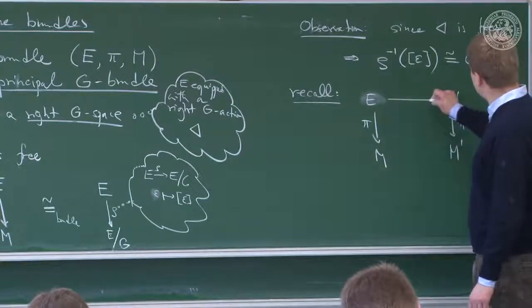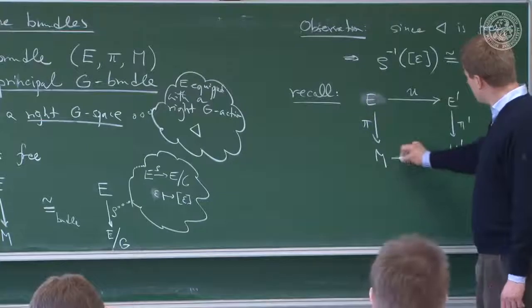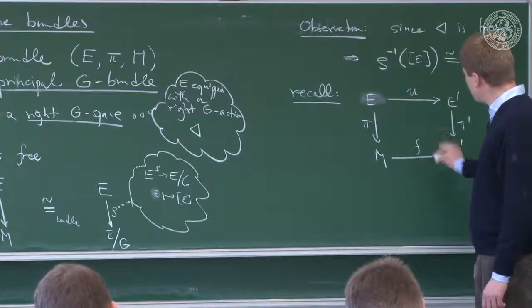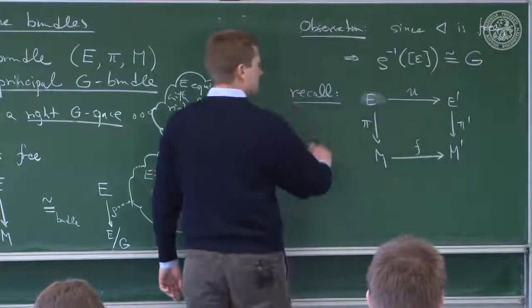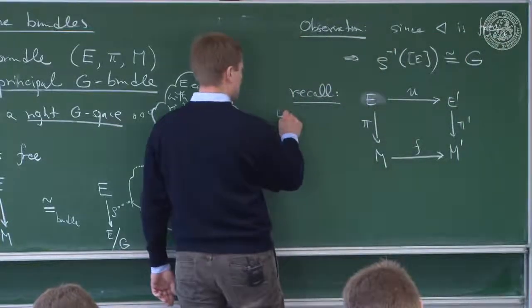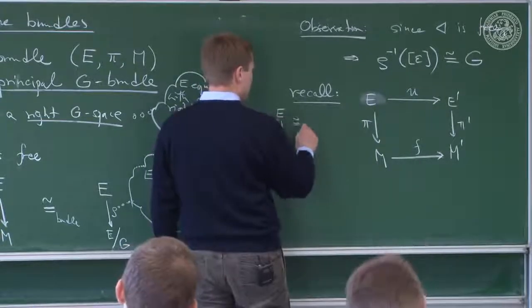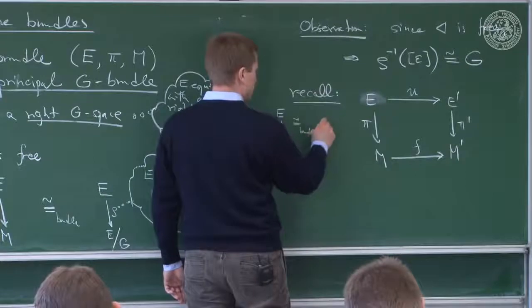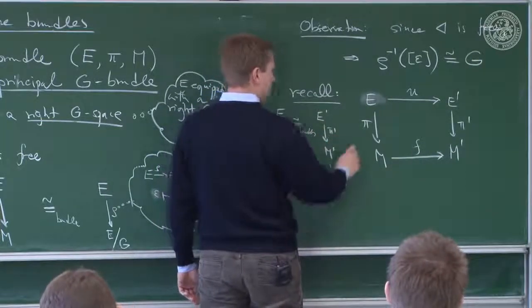You needed a map U up here and a map F down here, both of them smooth. So I should write E pi M isomorphic as bundles to E prime pi prime M prime